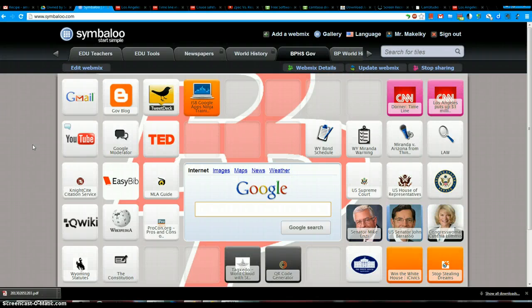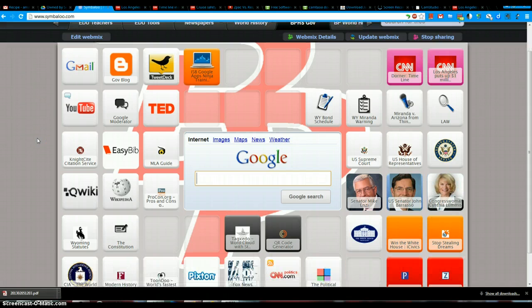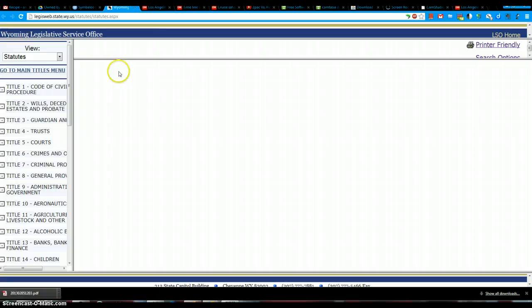Okay, good morning. The plan for today is to start to look at and understand the homicide statutes that we have in Wyoming. And we're going to try and connect this to something you've probably seen in the news but may not have taken the time to read about. So, the first place we're going to go is to our statutes tile,